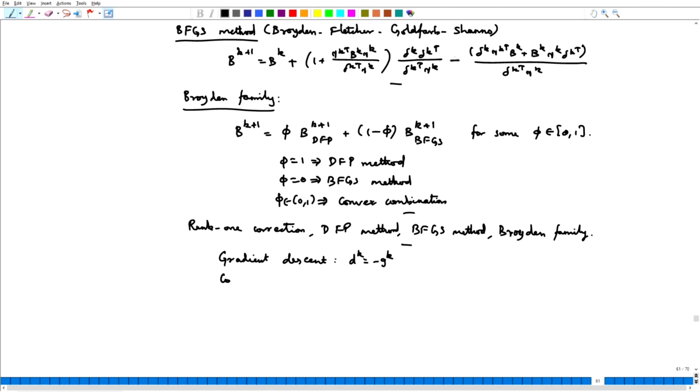Then we went to conjugate gradient Fletcher-Reeves, where d0 was minus g0 and dk was minus gk plus gk plus 1 transpose gk plus 1 by gk transpose gk into dk minus 1. That was the update. This is Fletcher-Reeves, and then we went to Newton's method,